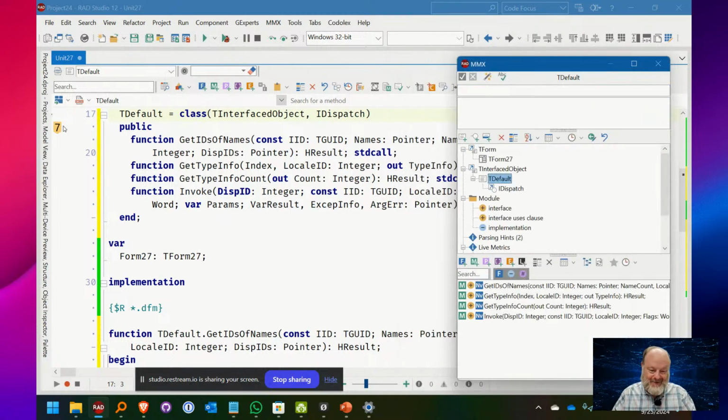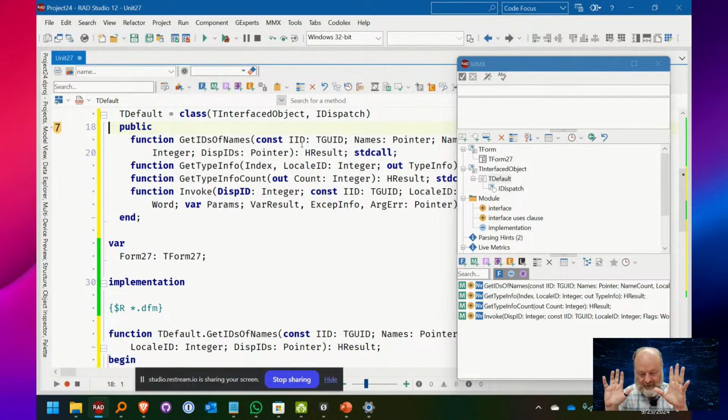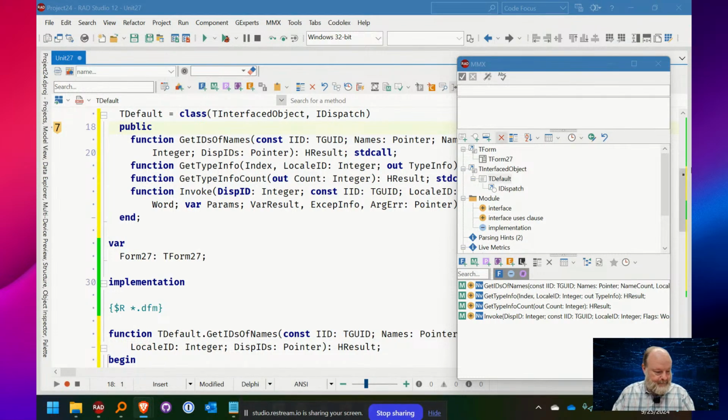Now, you might notice this here. I got this 7 here. MMX has the feature of similar functionality to Parnassus bookmarks. So at first I had Parnassus bookmarks installed too, and they were both showing up there, and I was like, what? So yeah, it's got the same functionality, not exactly the same. You can use both together, but you will want to probably configure them to not overlap like that. Okay, so that's interfaces.